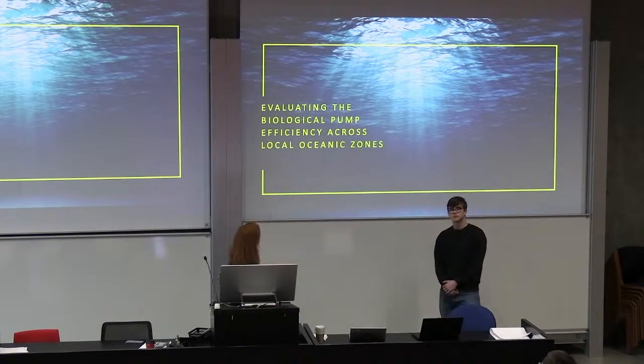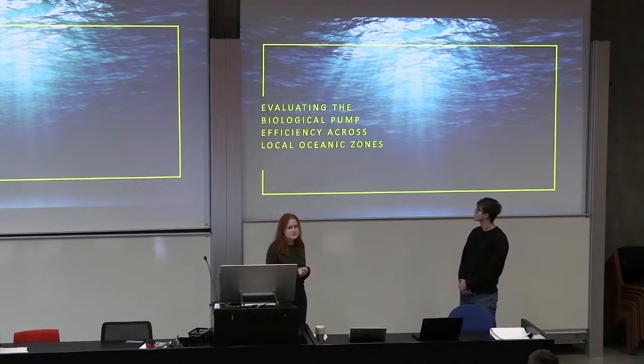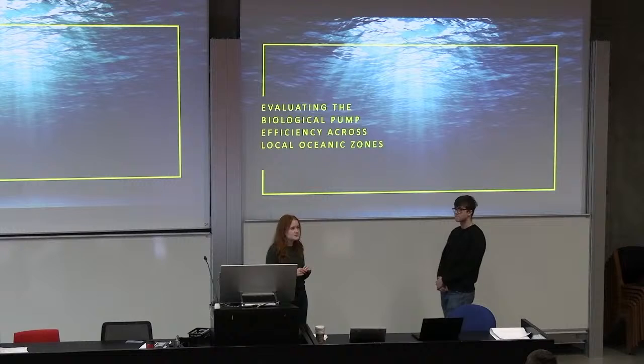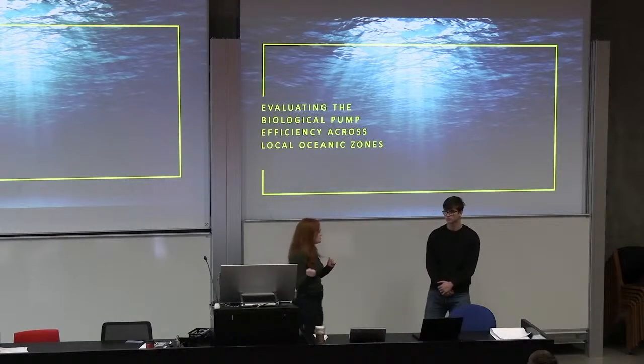To do our solution or project for evaluating the biological composition across local ocean zones. So we wanted to look at the biological carbon pump and